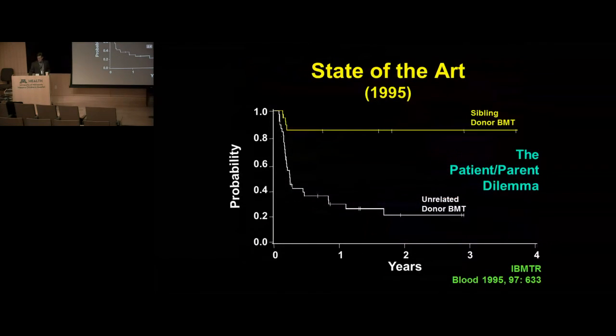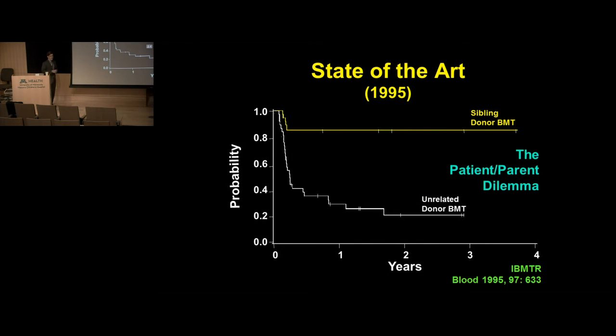So this is how we treat them. But the one thing I want to end with is, in looking at how we started off, back in the late 1990s, this was the result of bone marrow transplant. If you had a sibling donor, you had a good outcome. We knew how to take care of those patients. But if you had an unrelated donor, you had a very bad outcome. And now we've been able to markedly improve those results over time such that they're more